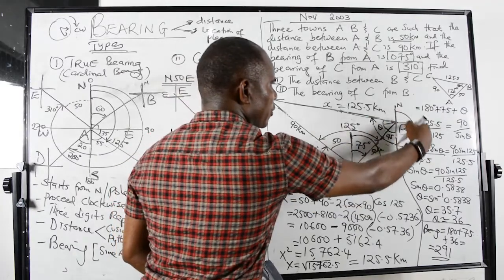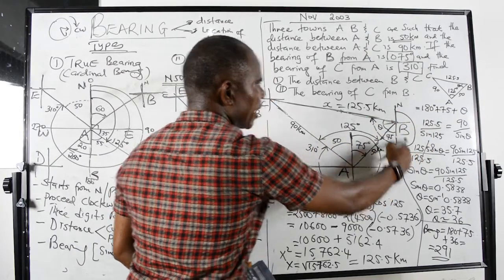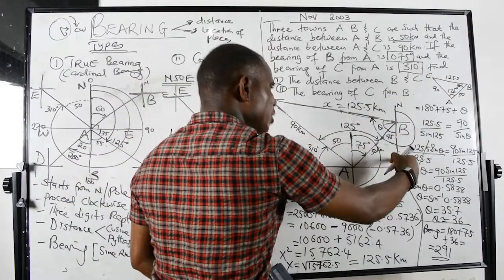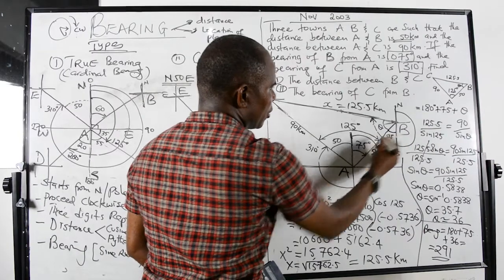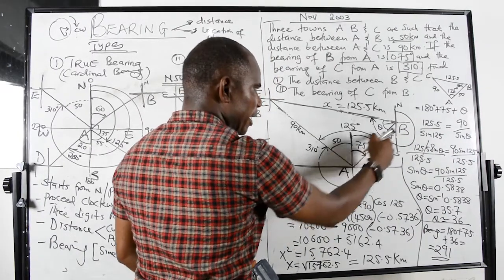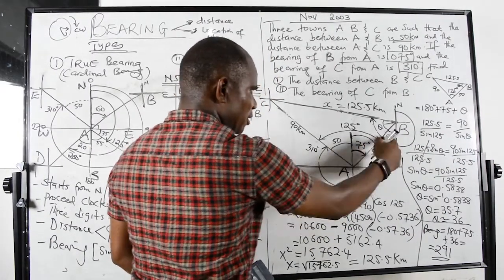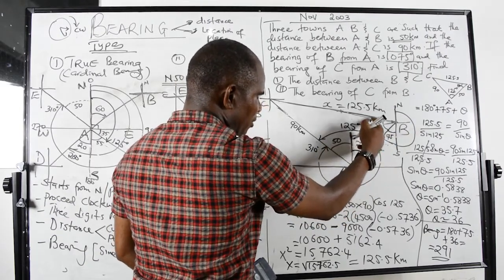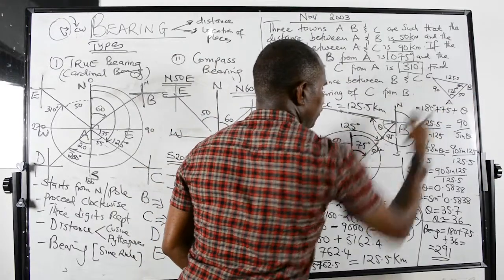So I found here first 180. That one is found by normal geometry. This is 90, 180, angles on a straight line. Then I found this angle is alternate to this. So Z angles, alternate. If this is 75, this is 75. So I'm now here, but I need to go up to there. So I need to find this angle. This small angle is what we have found there from the sine rule.